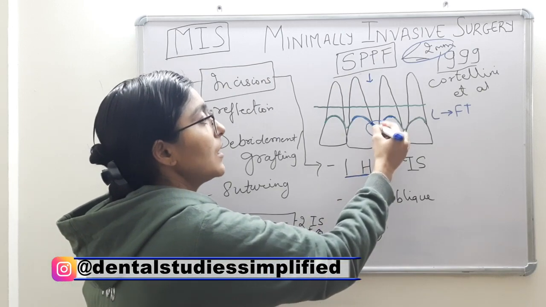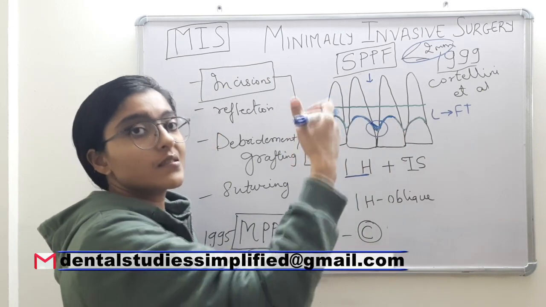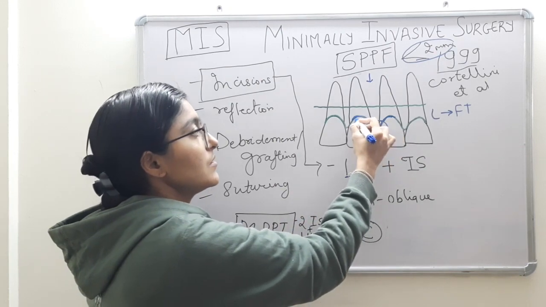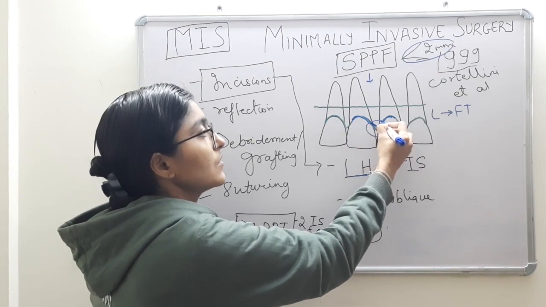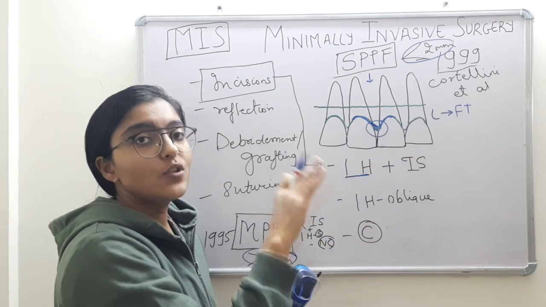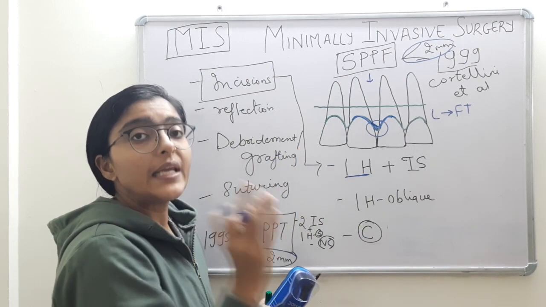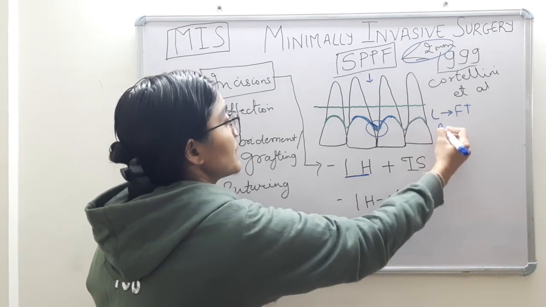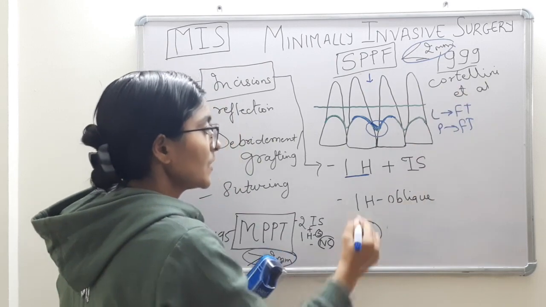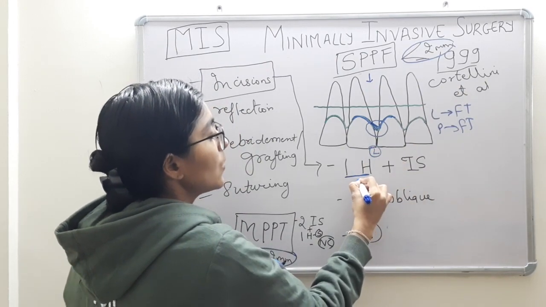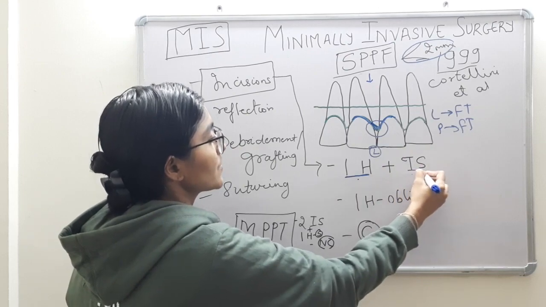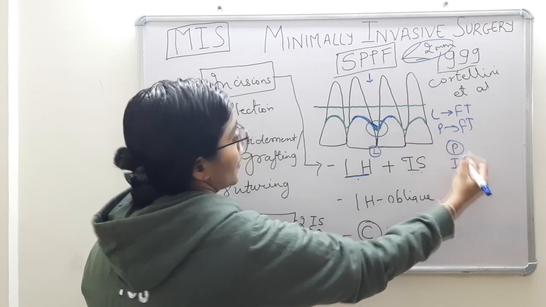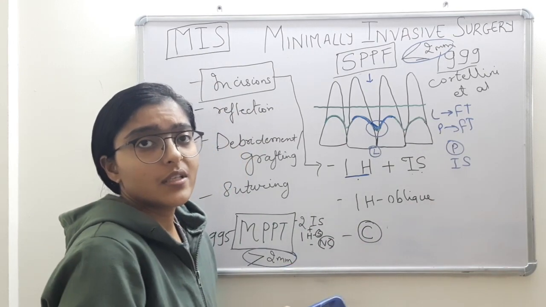Once this papilla tissue of the labial aspect is separated from its underlying connections, then we give the same set of incisions, that is, these sulcular incisions on the palatal aspect, and that is how the palatal flap, including the labial aspect of the interdental papilla, is elevated. Same palatal aspect also full thickness flap. Clear? So on the labial aspect we have one horizontal oblique incision followed by continuous intrasulcular incisions, and on the palatal aspect we have intrasulcular incisions. Of course, there are no horizontal incisions to connect.